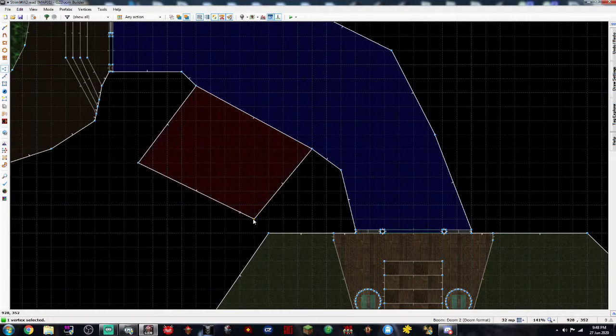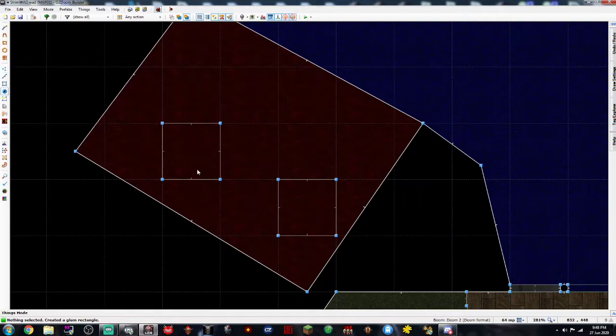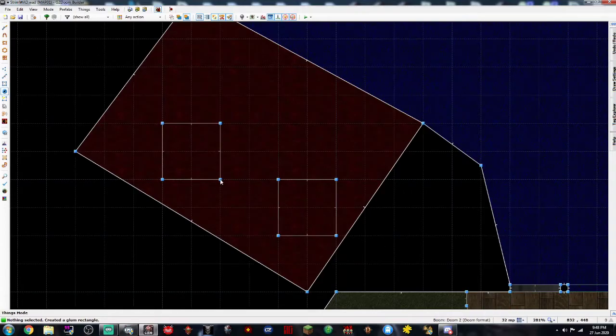I need to make this bigger because I'm going to have monster closets in here. So 32, I want, let's see, 1, 2. That's all I really need to do. Things. 32,